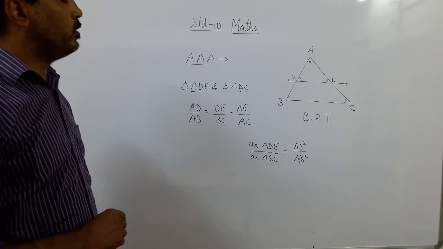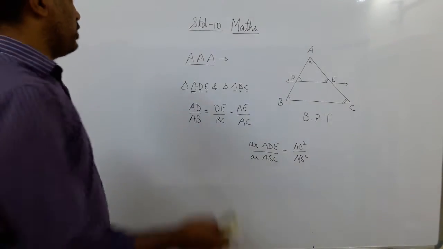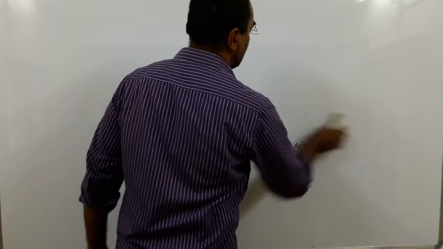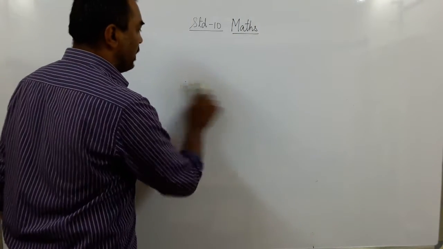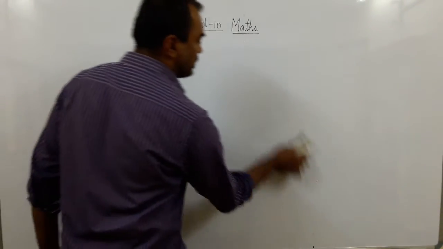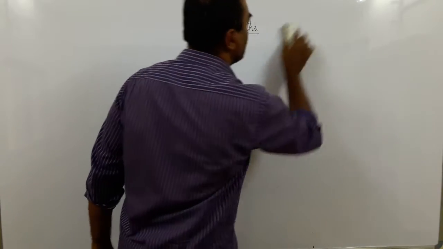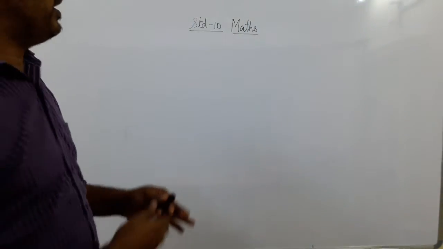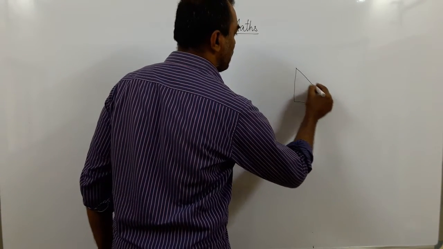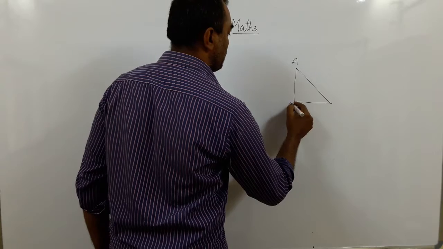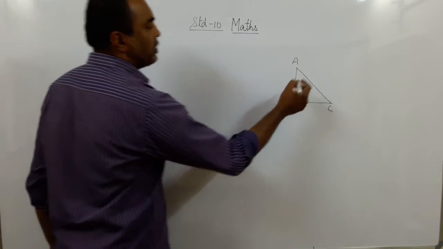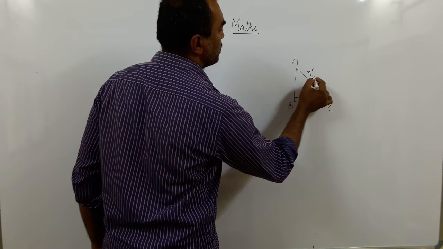Today we are going to move on to the most famous Pythagoras theorem. Yes, Pythagoras theorem is applicable to right angle triangles. So we'll first see what the Pythagoras theorem is. I hope you all know, you have been doing it in previous years. In a right angle triangle, let us say ABC is a right angle triangle. The side opposite to the right angle is called the hypotenuse.